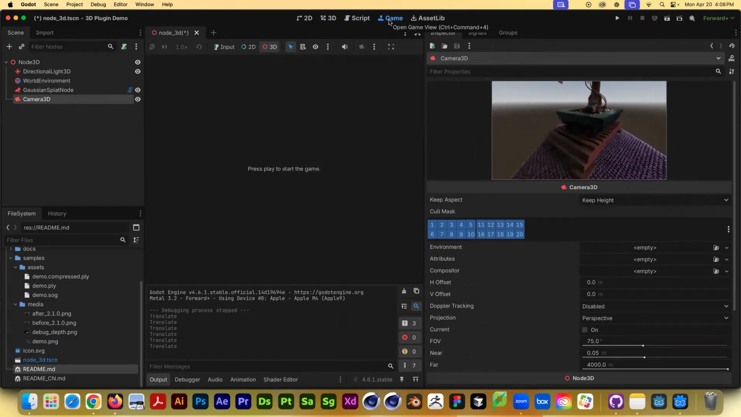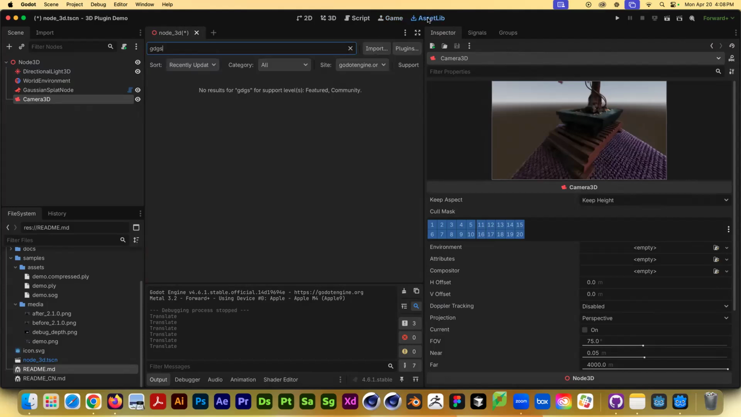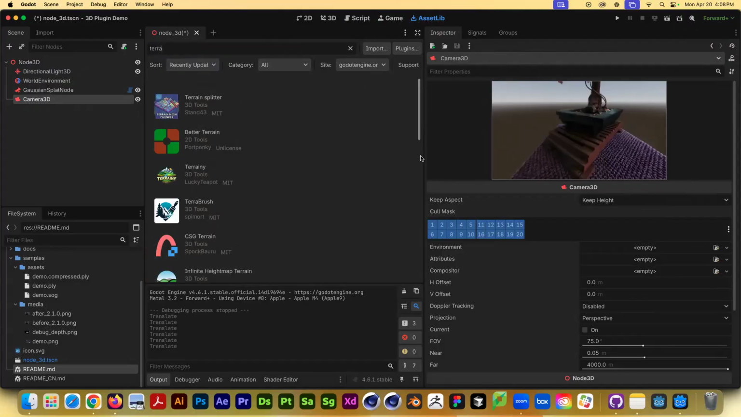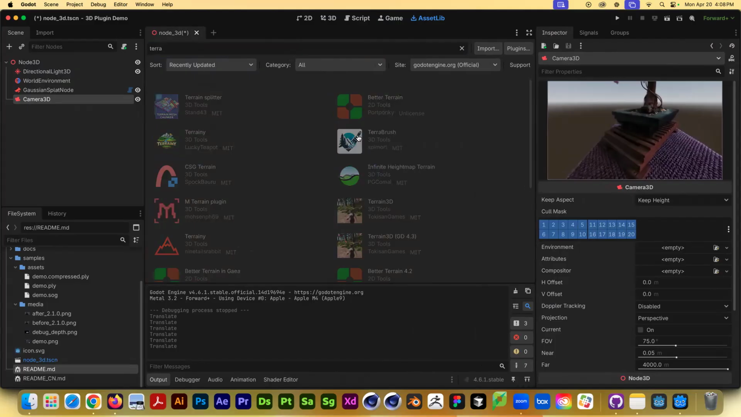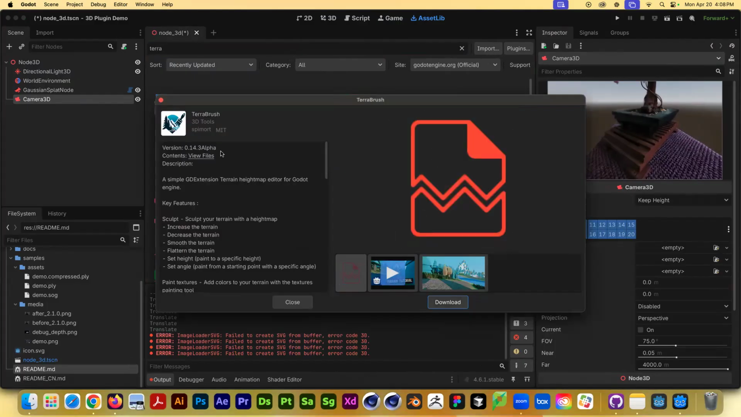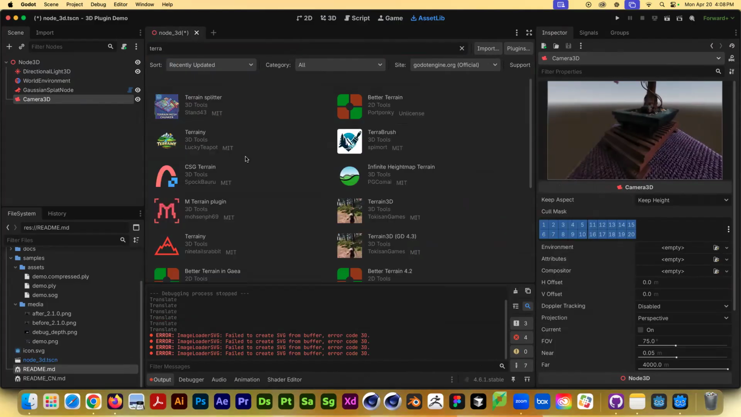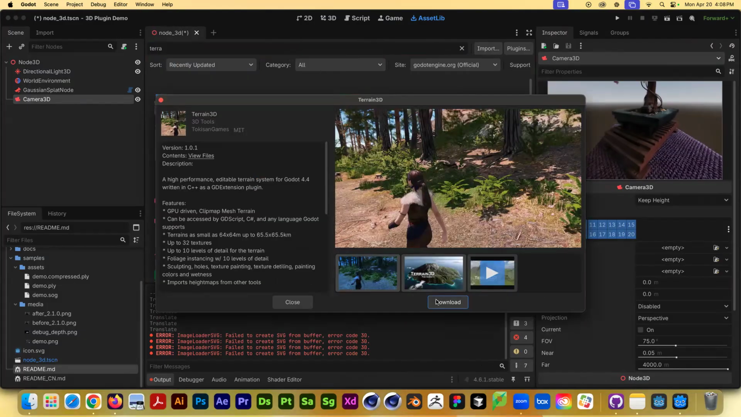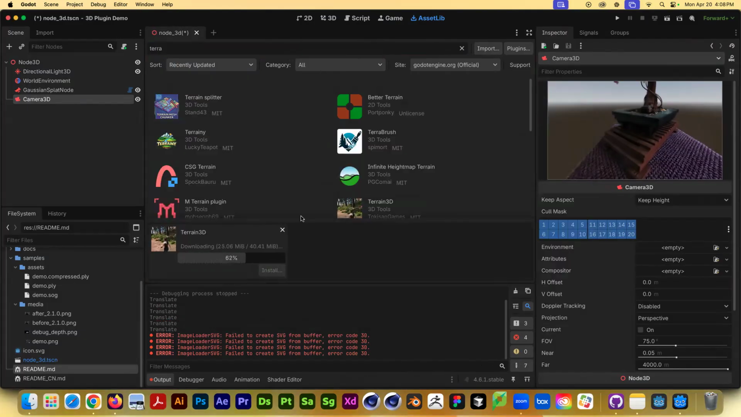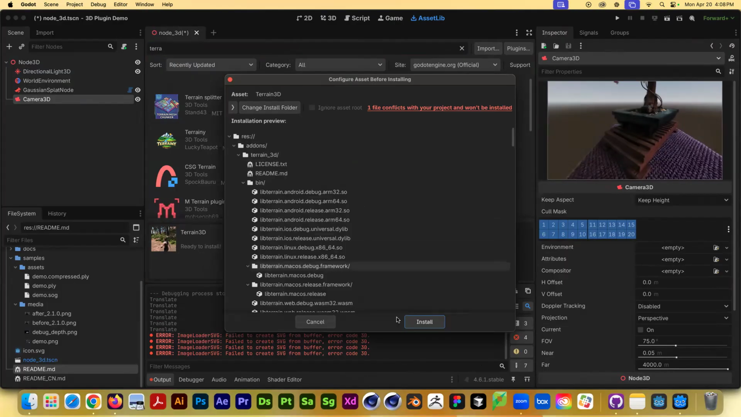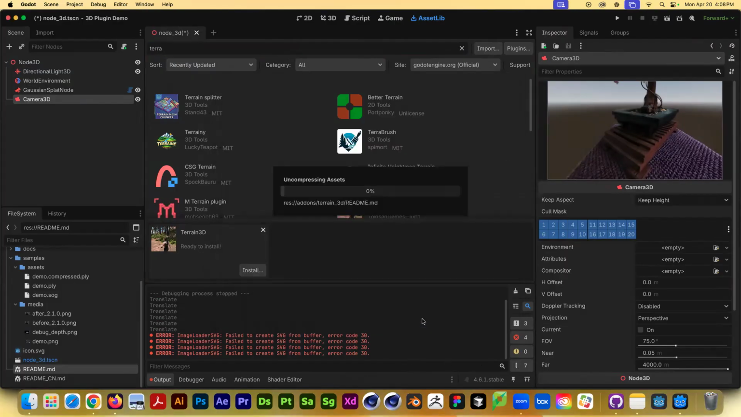Another really interesting type of plugin, particularly if you're interested in 3D, is a terrain editor. So you can go search for terrain. There's a couple of different terrain editors. The one that I've used the most is, I believe, this Terrain 3D plugin. But there's a number of them. You just download it. Right, if it's in the asset library, it's a little bit easier to install. You just find it and hit download and install. And then